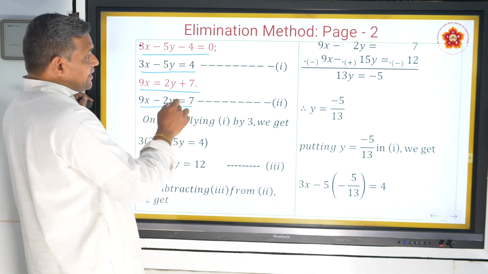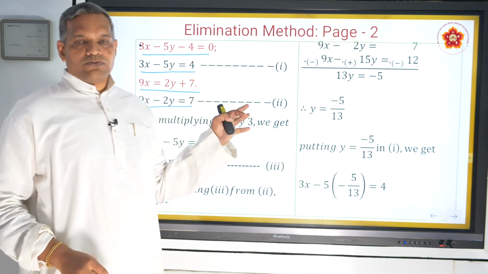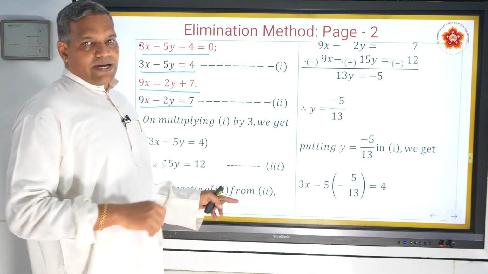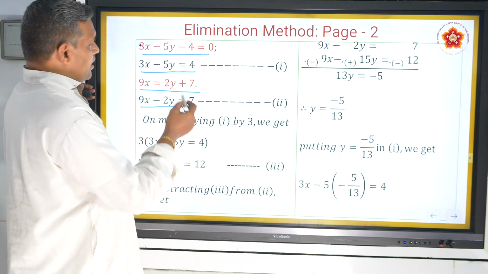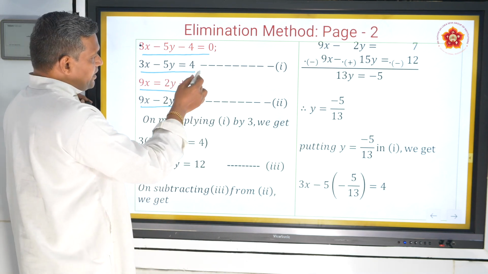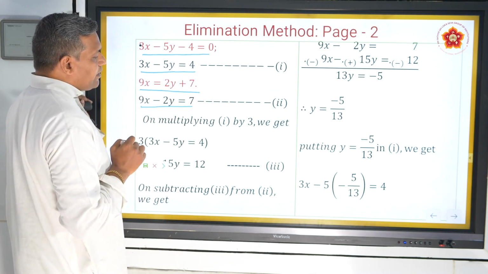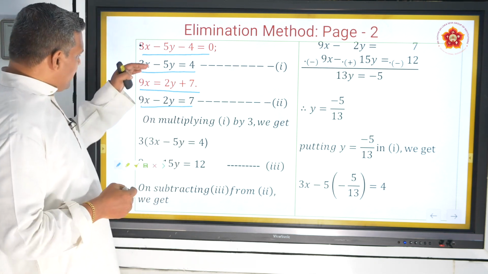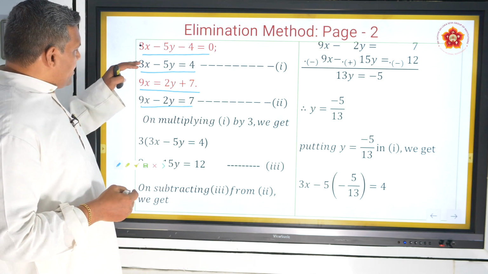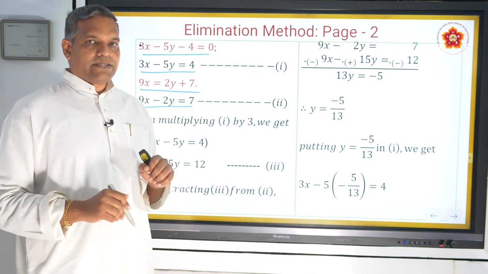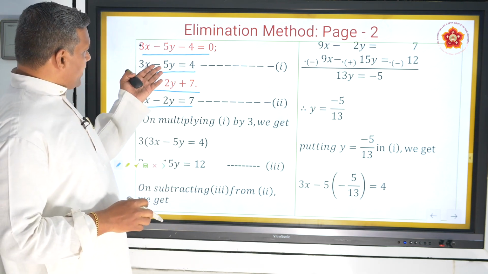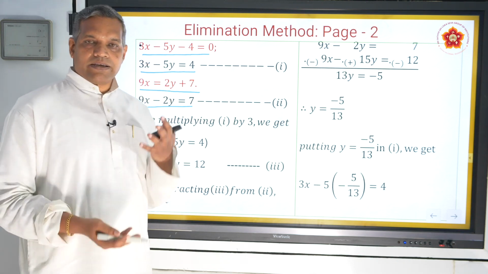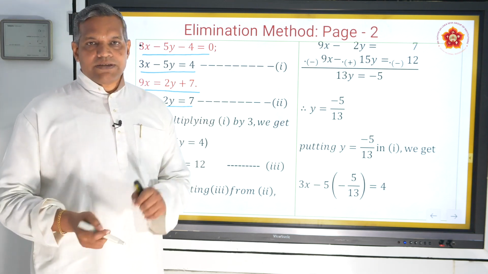Now why did I call them equation number 1 and 2? Because I am going to use them in different places, calling their numbers back. That is the reason. So this is my first equation and second equation. Now you know they are not matching. If I write one below another, 9x minus 3x, 6x remains. For y, 5y is there, minus 5y. Here minus 2y, I cannot subtract, I cannot add. Even if I add, minus 3y remains.